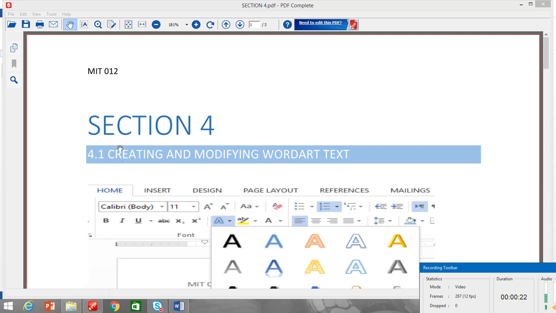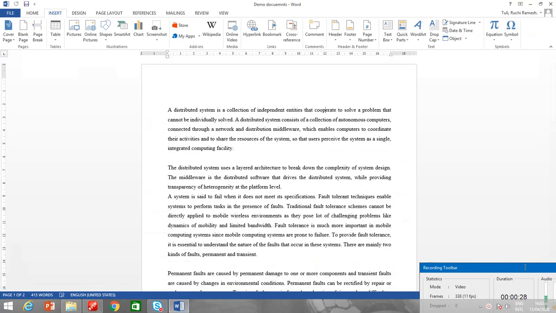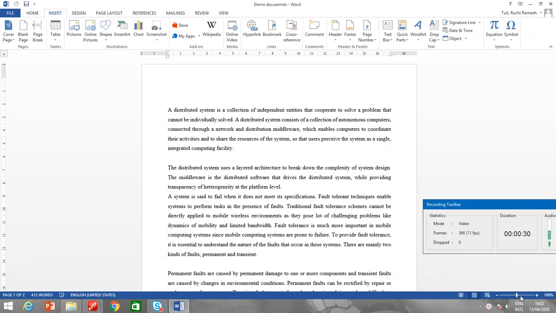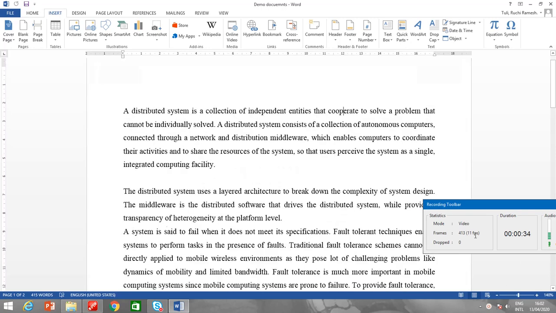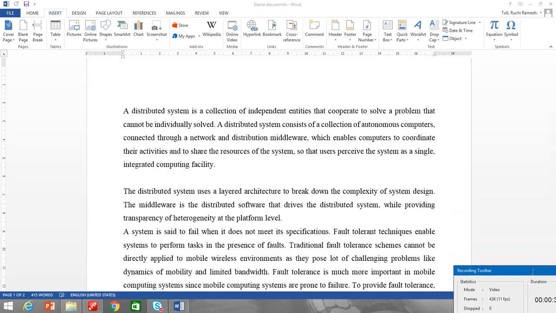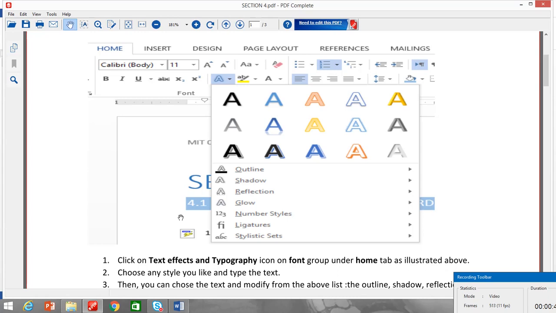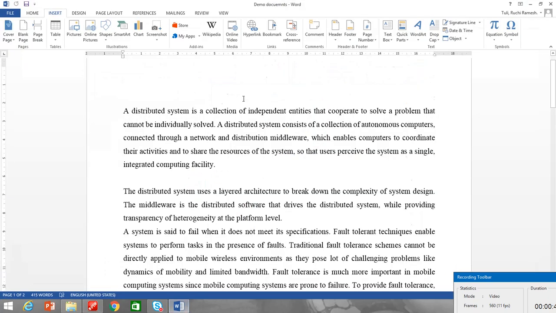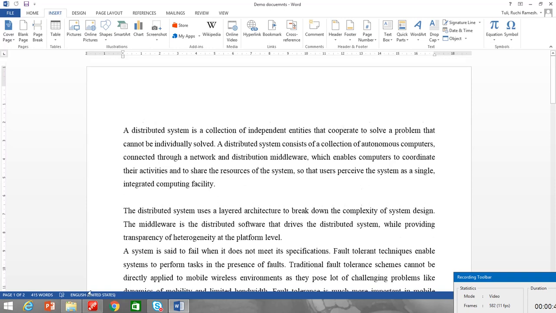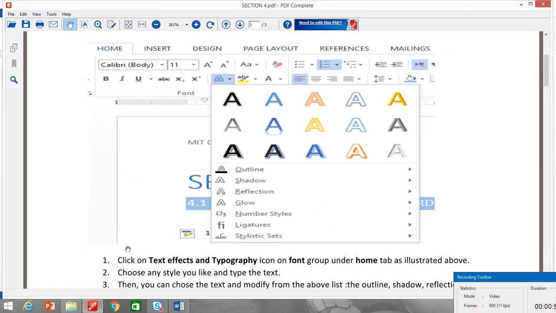Okay, so let's start with first of all creating and modifying word art text. I'll use the same document which I have been using since the starting of my lectures. Let me just increase the zoom level. Okay, so first thing is word art, how to write text effects. So how to write your text in a presentable form or a more beautiful form. So we will understand how to use the